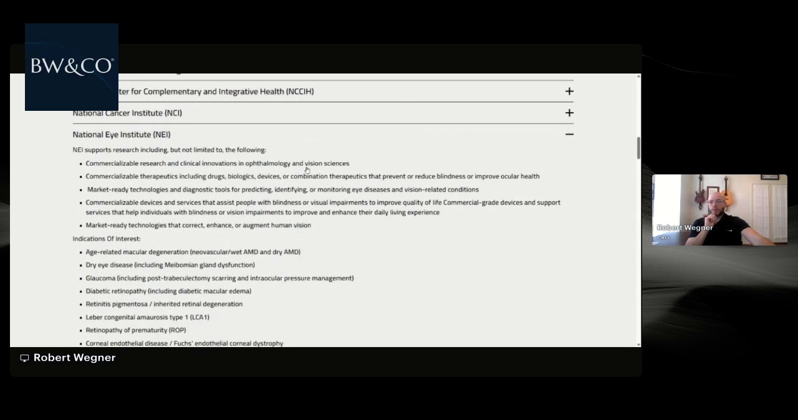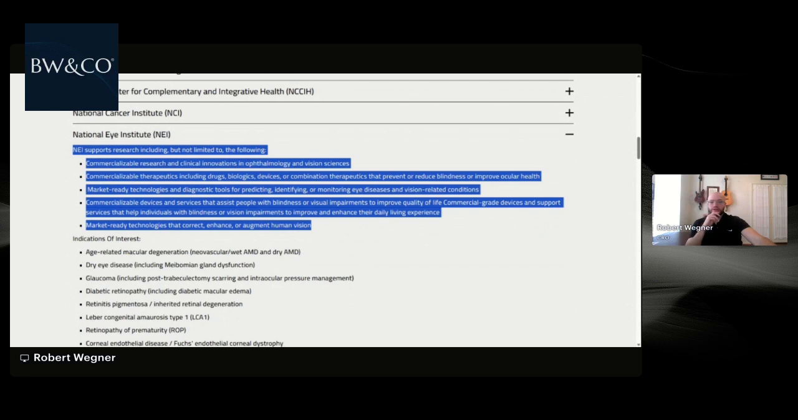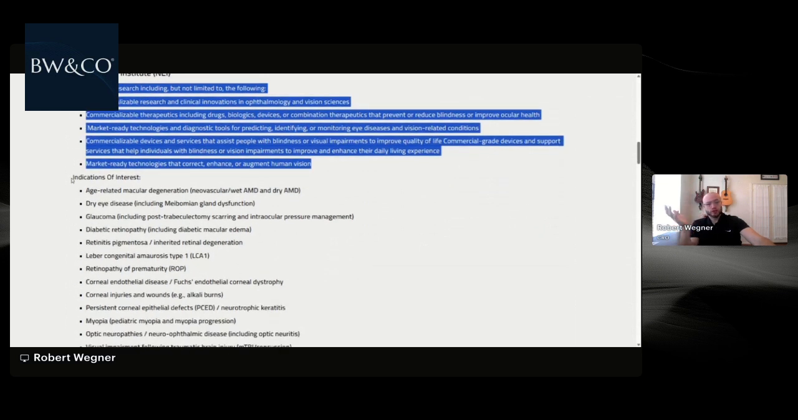National Eye Institute's an interesting one. Anything focused around diagnostic treatments, assistive devices for eye diseases. So you can look at some of these indications of interest. Generally speaking, in our executive summary, this is pulled directly from the SBIR topics of interest for NEI. And these indications of interest are pulled from the last 12 months of data regarding the specific indications that companies were funded to address. So as you can see, in the last year, in 2025, companies were funded that were